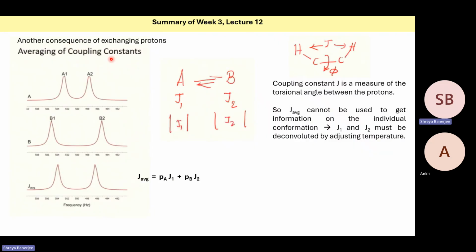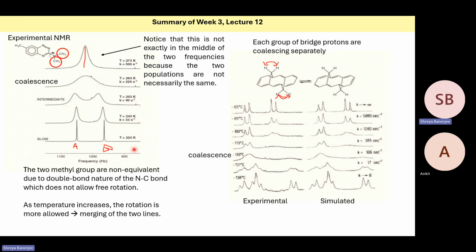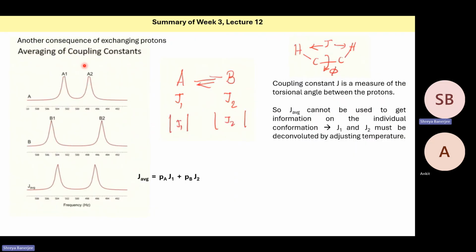So one consequence of exchanging protons is we have seen that with the increase in temperature, the signals of the exchanging protons are merging. Another consequence is that the coupling constants will average out. So suppose you have A and B protons, they are splitting each other. No, actually, they are not splitting each other. They are different systems. So suppose you have A proton that is split into a doublet and B proton that is split into another doublet. And the splitting constant in A, you are calling it J1, and in B,